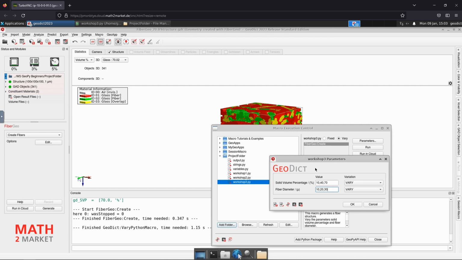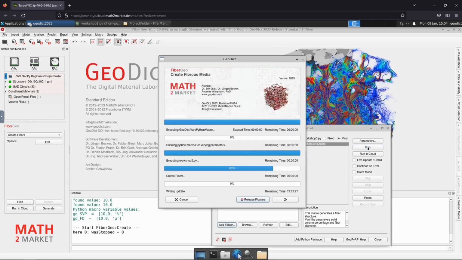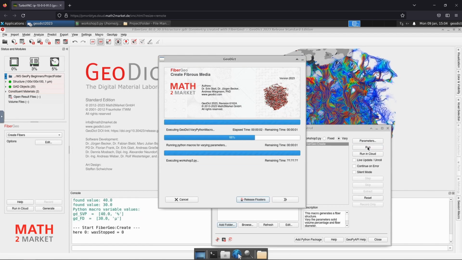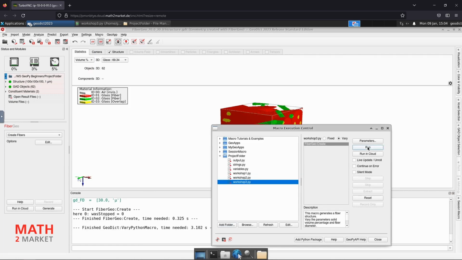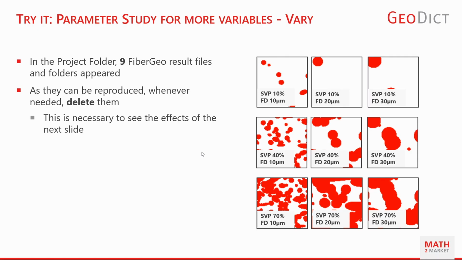When running the parameter study, the macro will be executed once for all parameter combinations from the tool list. So click OK and run. And then the macro is executed 9 times to generate a fiber structure for each value combination. Here in this workshop slide, you can see a 2D image for all 9 combinations. As we had 3 values for both variables, the result is 3 times 3, so 9 different structures, and here